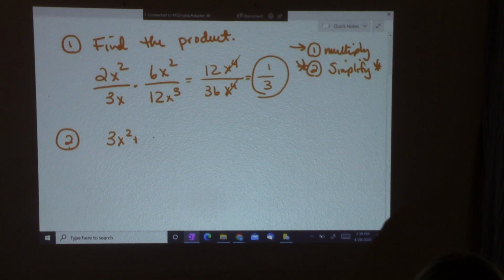3x squared plus 3x over 4x squared minus 24x plus 36,